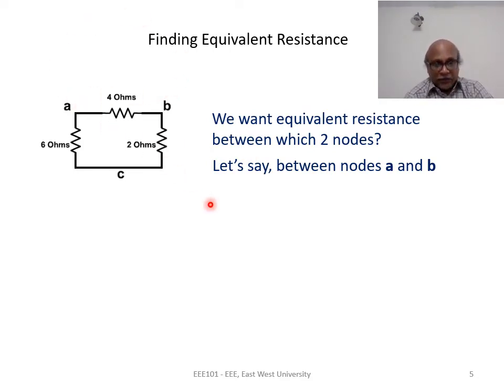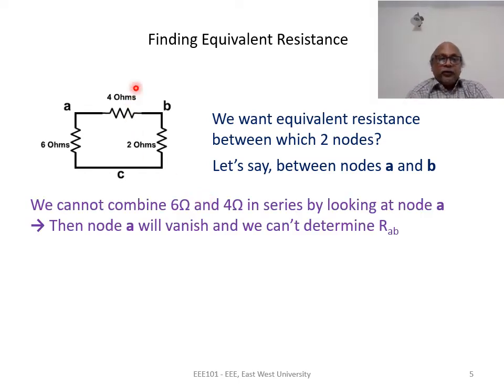We want RAB. Now, if we look at node A and combine 4 ohms and 6 ohms in series, the equivalent will be 10 ohms, and that 10 ohms will appear between node B and node C, and the intermediate node A will vanish. So, combining 4 ohms and 6 ohms in series results in vanishing of node A. If node A vanishes, how can we find RAB? We cannot. So this is a series combination that we cannot do in order to preserve node A to find